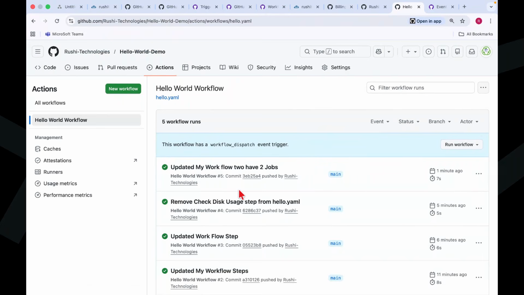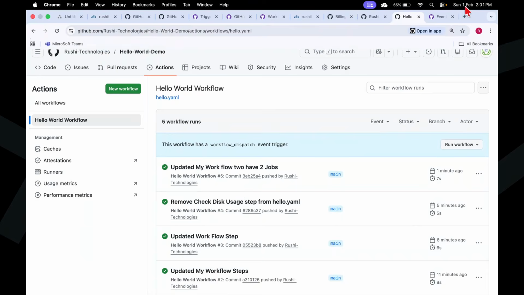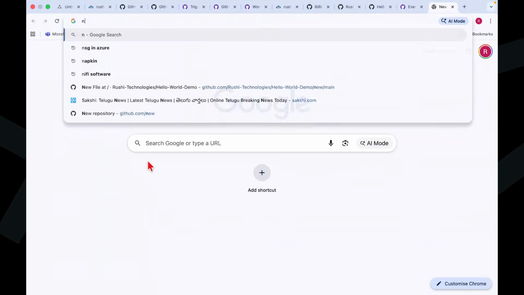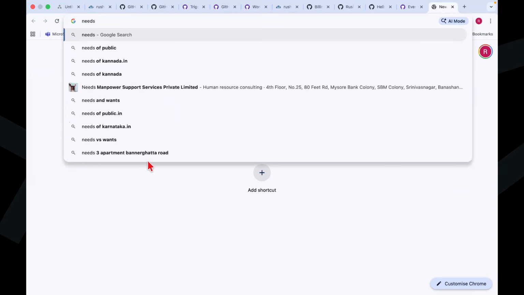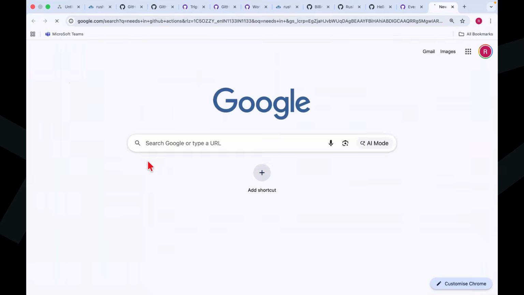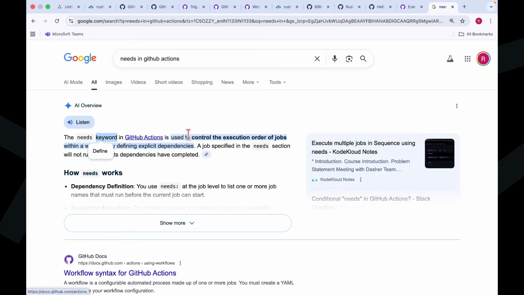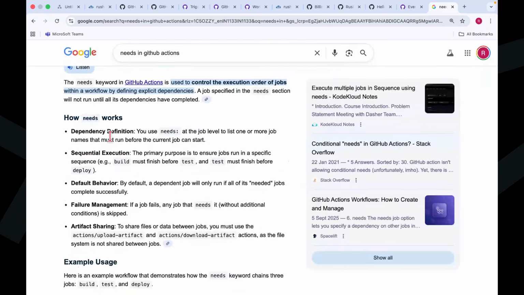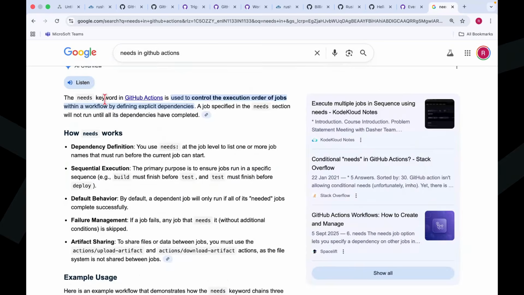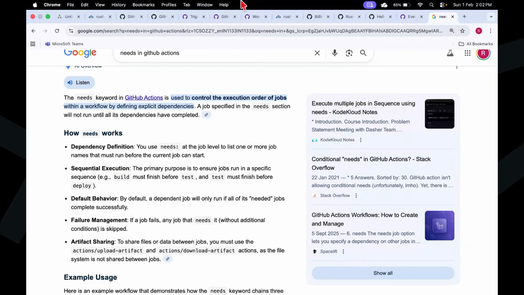But if you want to execute a test job after the build job is executed, that time you are going to use another keyword. There is something called needs in GitHub Actions. Needs is like depends. The needs keyword in GitHub Actions is used to control the order of execution of jobs within a workflow